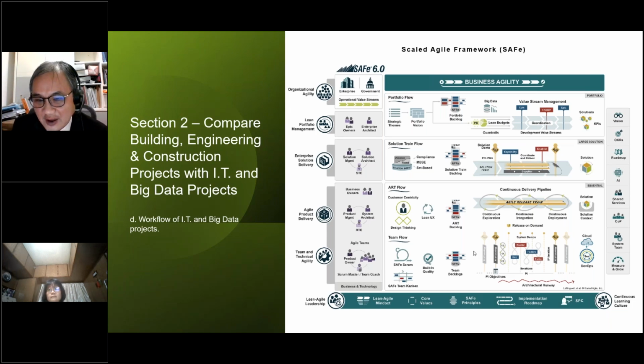And say if we have more than 10 teams, or if we have 50 teams, or if we have 100 teams, we must use this scaled agile framework to do those very large and complicated IT and big data projects.